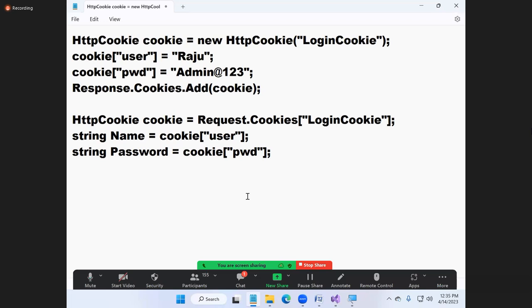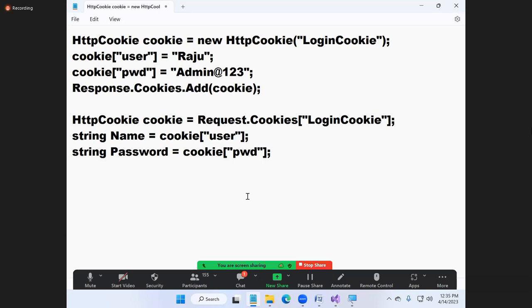Clearer or not? Option number 2 is persistent cookie. What is a persistent cookie? Persistent cookie means the cookie is stored on the client's hard disk. Even if I close the browser, my cookie is persistent now. Can I use it multiple times? Yes, I can use it multiple times.